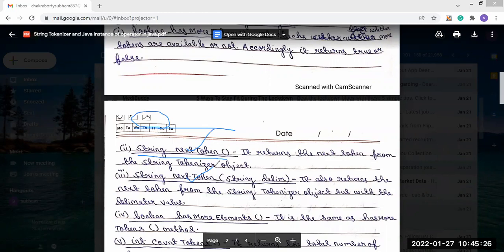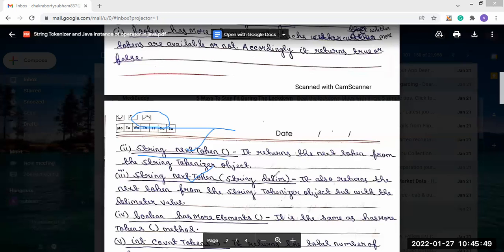With this object we will call the nextToken method, and if we send the string delim as a parameter, it will return the next token from the StringTokenizer object, same as nextToken,